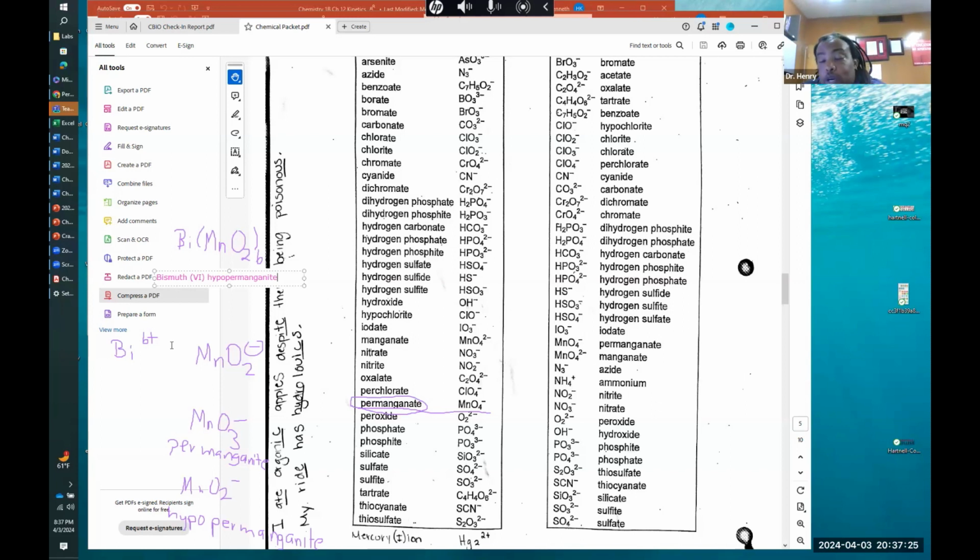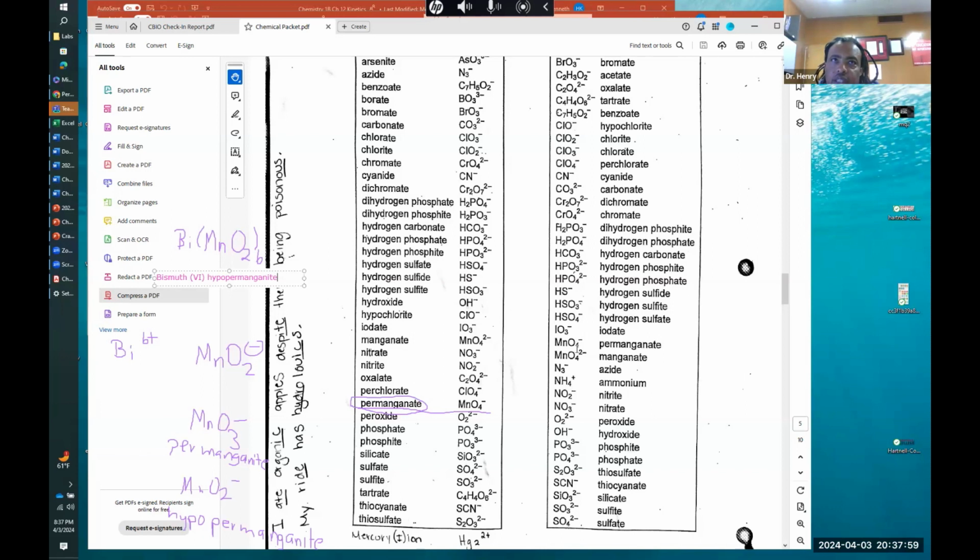Very good point, right? So the problem is that permanganate means something different than manganate. The difference between permanganate and manganate in this case is just the charge. You have only one minus here, and you have two minuses for the manganate. So when they first named this compound, it went off as permanganate. They used that per in this situation, and it's